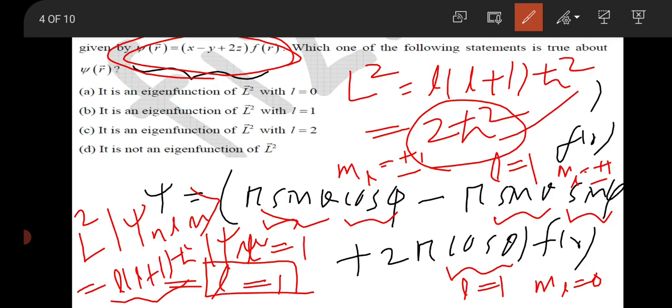So now observe which option is correct. So it is the eigenfunction of L square for L equal to 0. So this is a wrong statement. Then it is an eigenfunction of L square with L equal to 1. This is the correct option because this wave function corresponds to L equal to 1 having the eigenvalue 2 h bar square with eigenfunction of L square. So option B will be the correct answer to the question. Okay, so I think you understand the solution, the process or the way I solve it. So let's move to the next question.